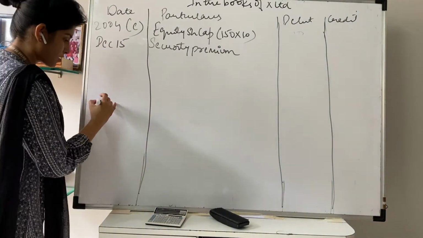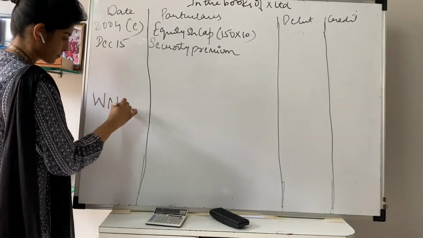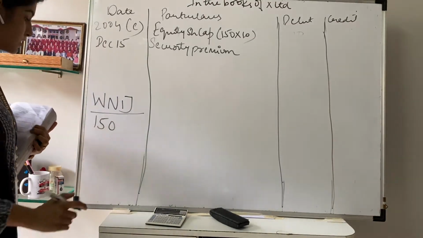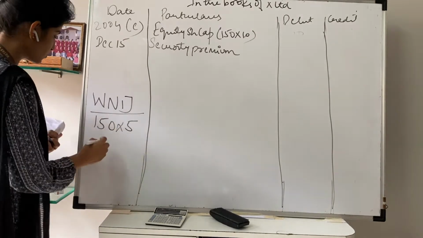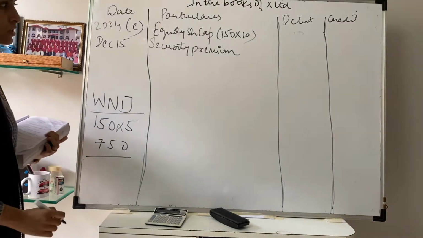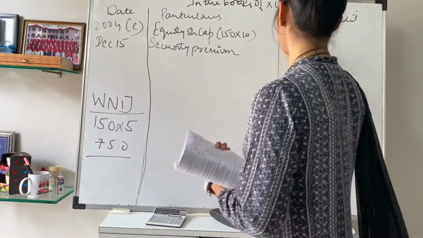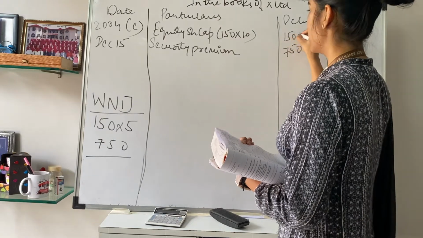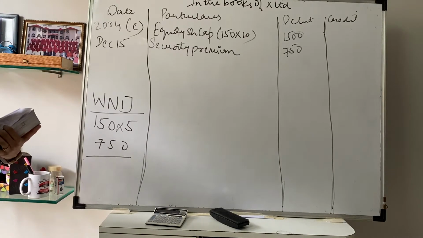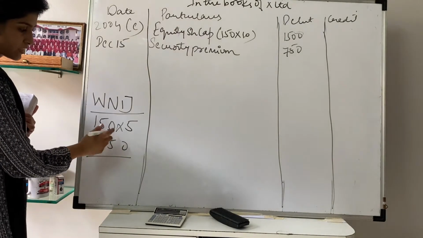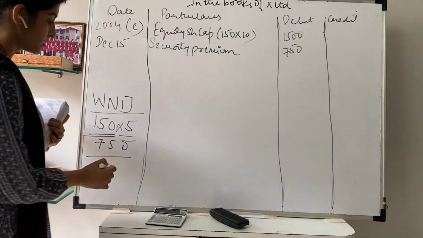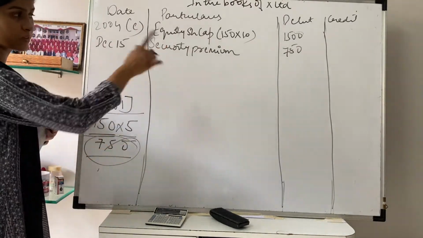So we can prepare a small working note over here. There are total 150 shares. Premium of rupees 5 is not being paid. So the amount will be 750. So this will be the part of your security premium. Please note it down. This is working note 1. I don't have space. You can put it where you put your working notes. 150 are the total number of shares. 5 is the amount which is not paid with the allotment. So the total amount for your security premium will be 750.